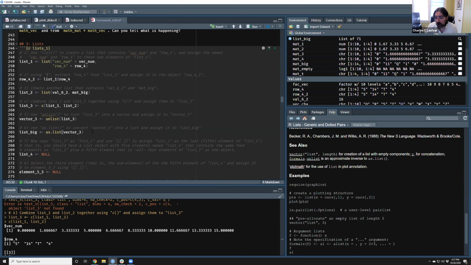So lists are, for instance, all statistical models you run in R are generating lists. If you need to extract anything directly from them, you need to know how to work with lists. If you want to write your own statistical routines, you're going to need to work with lists. But by and large, the tools that I teach in this class and the more advanced tools in the Tidyverse are about making it so you don't have to use lists because they are hard to work with.